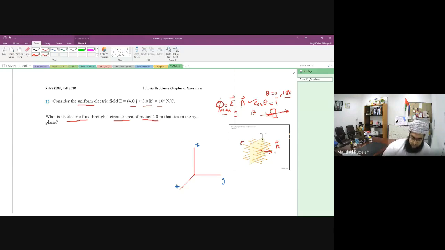Let's go for the first problem here. Now we are looking for phi. But we know that the electric field is uniform, so it's constant. The electric field here is constant, and it has two components here. You see, what is J and what is K? Actually, these are